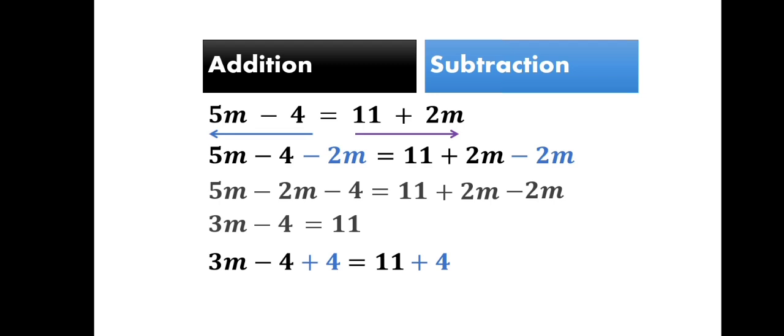So we have an equation that looks like 3m minus 4 plus 4 equals 11 plus 4. To solve, we have 3m minus 4 plus 4. That is, I'm owing 4 and I have 4, so that cancels. And then I have 11 plus 4, which equals 15. So this is how you use the concept of an opposite to solve algebraic questions that involve addition and